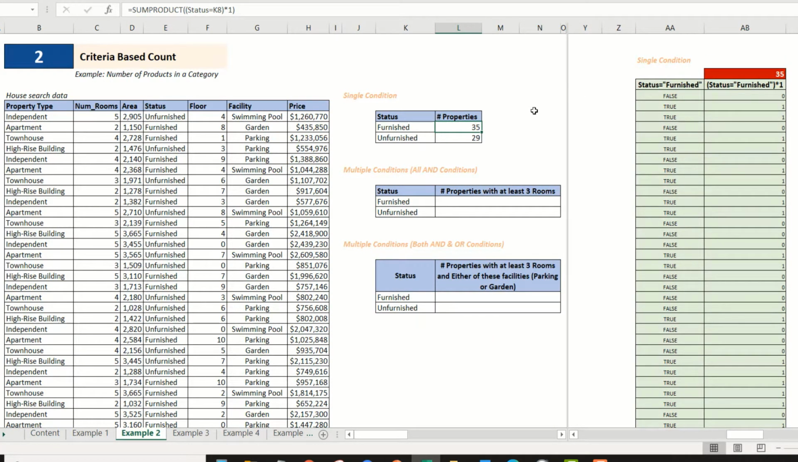Here, by putting status is equal to furnished, we are first generating a true and false flag, which is happening in this particular part of the formula. Let me select this and hit F9. So this gives me an array of true and false values, and this is something that I've shown out here